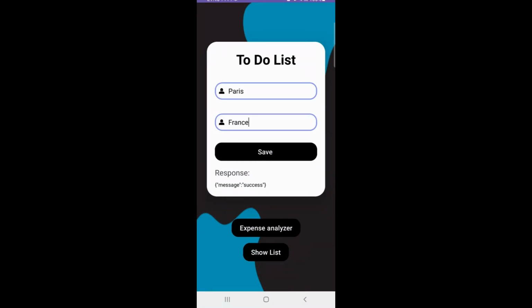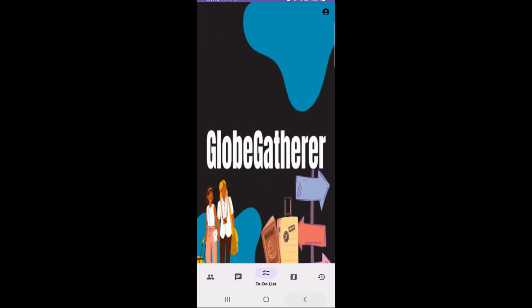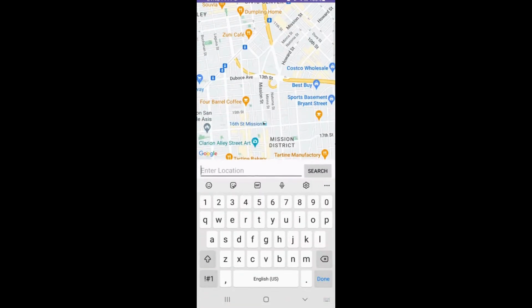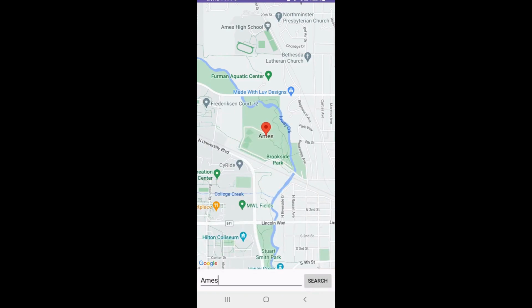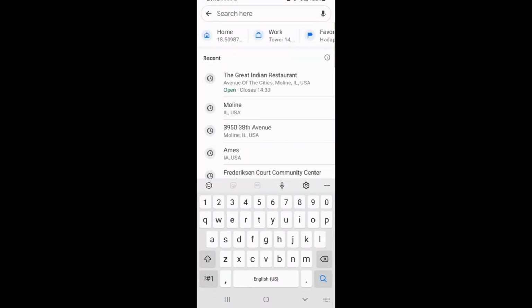A map for the GlobeGatherer app would be a very essential feature. So let's look at that. Here we have the maps page. I can enter any location, for example, Ames, and I click search. This uses the Google API. If I click on the pin, I can get directions. It opens up Google Maps. I can search places, for example, if I want to travel to Des Moines,